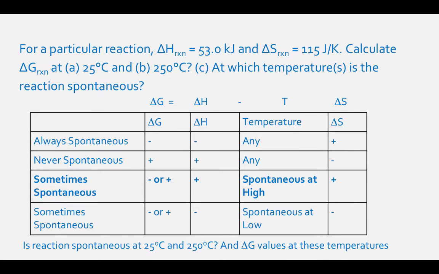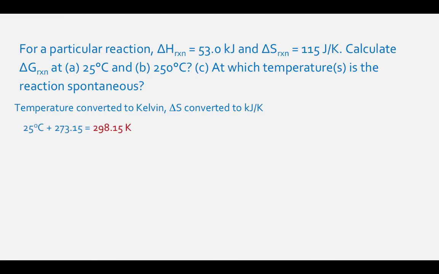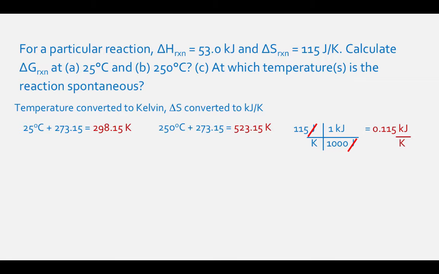Let's look at the units of this problem. The units of temperature need to be in Kelvin, so we will convert delta S to kilojoules per Kelvin. For part A, 25 degrees Celsius plus 273.15 equals 298.15 Kelvin, and for part B, 250 degrees Celsius plus 273.15 equals 523.15 Kelvin. Delta S of the reaction will be 115 joules per Kelvin divided by 1,000 equals 0.115